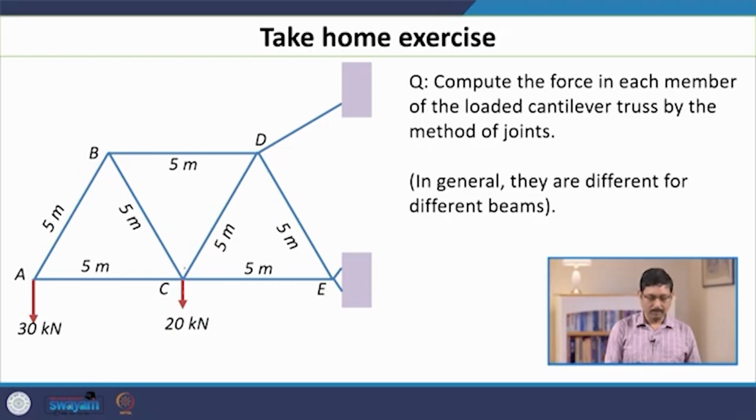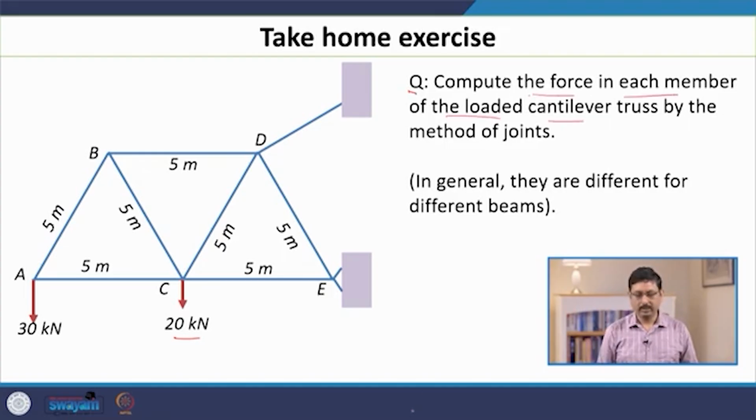this framework at the node C, which is 20 kilonewton, but in addition there is another external force which is acting at the end A, which is 30 kilonewton. So, note that the red arrows represent the external force, both in magnitude as well as direction. So, the question is that given the structure and the supports, compute the force in each member of this